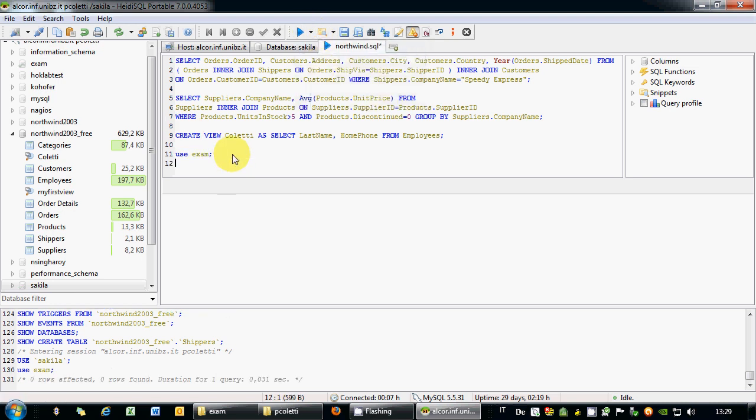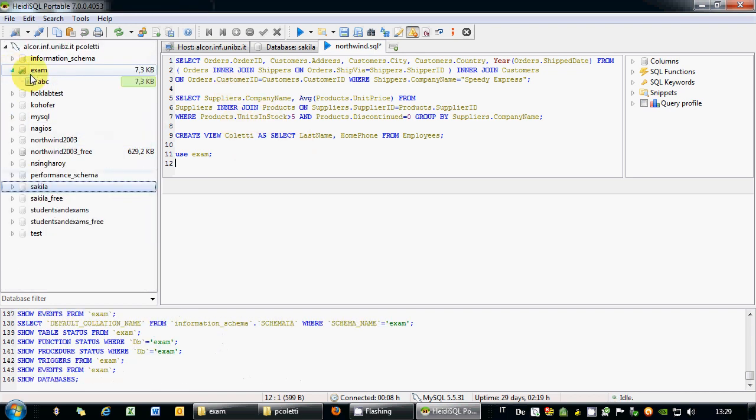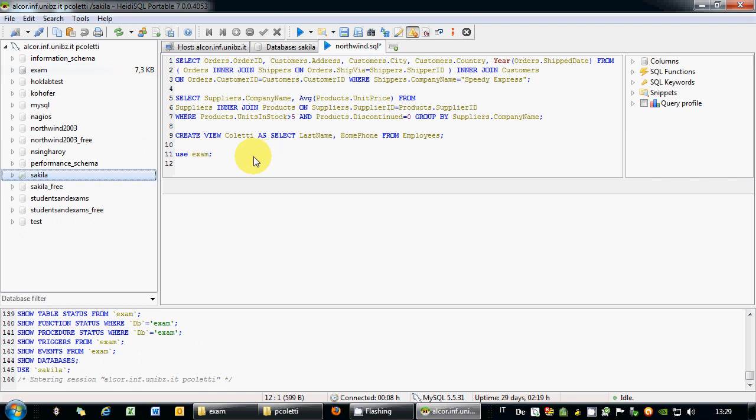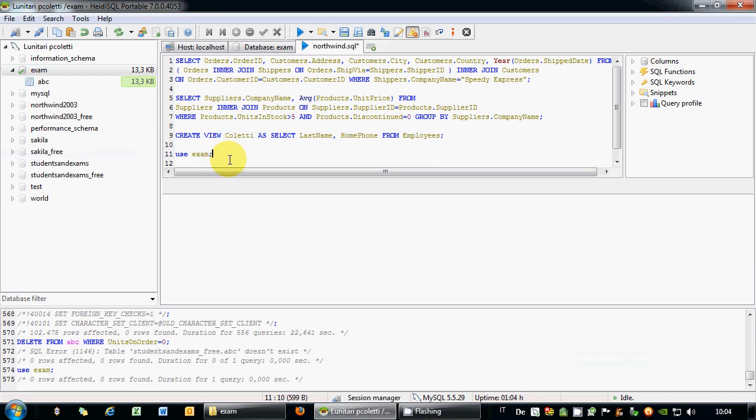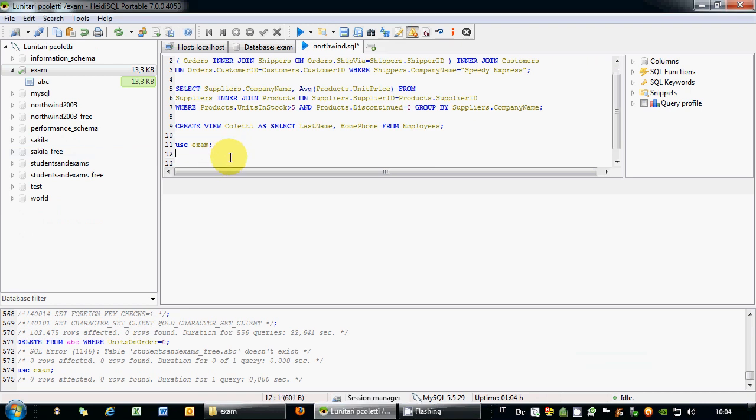Okay, now I'm using the table exams. Don't ask me why all the colors have changed. Okay. This is to be sure to use table exam, to use database exam. Okay, pay attention, it's not a modification query, it's the deletion query, so delete from ABC where